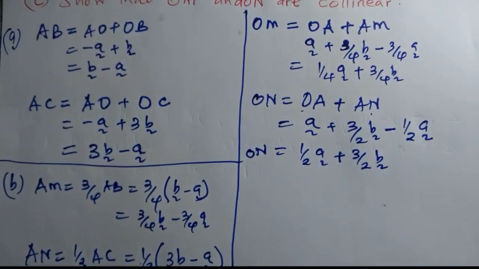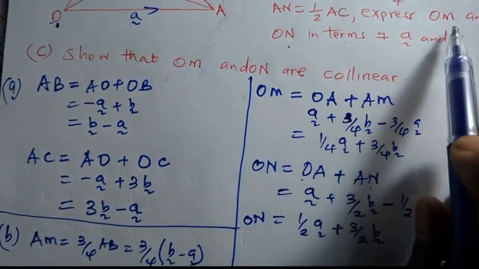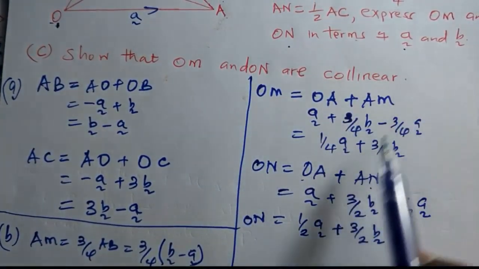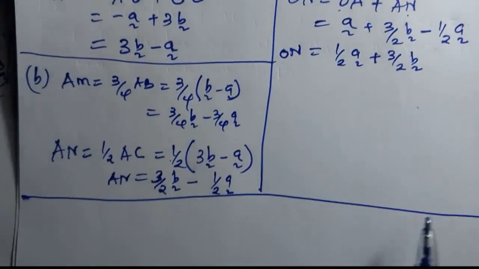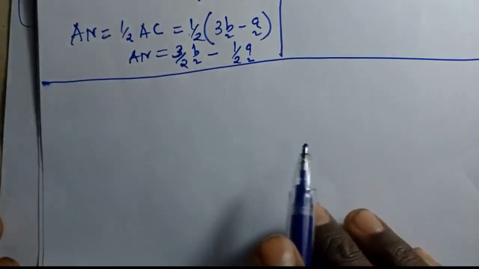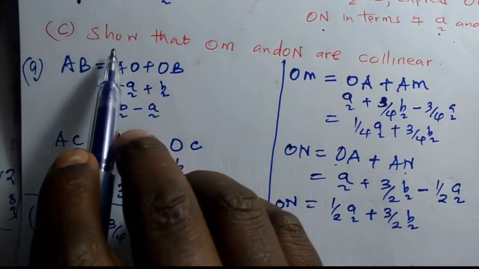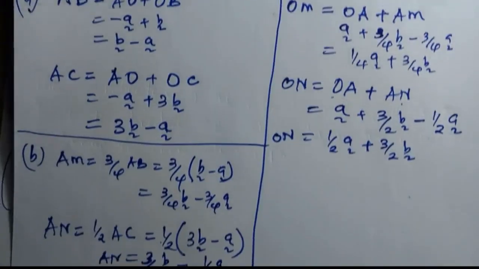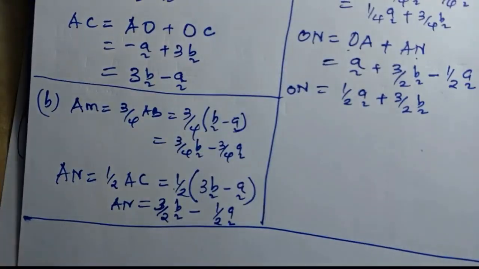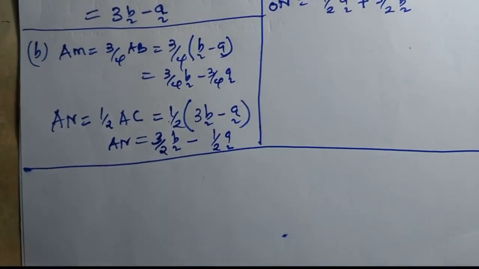We have now answered the question, express ON and OM in terms of A and B. We have done that, and I hope you are following. So now next is part C, to show that OM and ON are collinear. For them to be collinear, I have explained how to show collinearity, is that we must show that